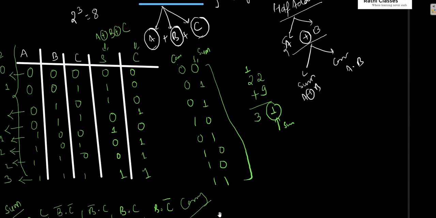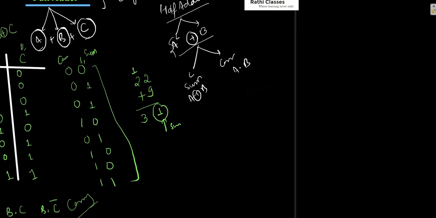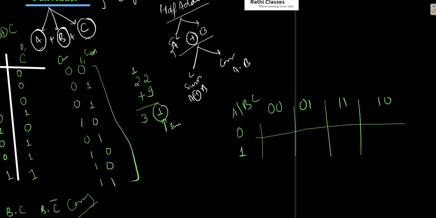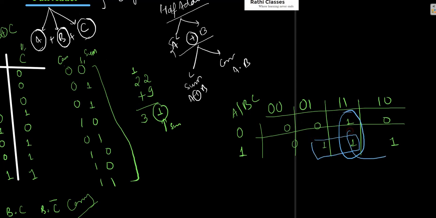Now what about carry? Let me quickly solve using K-map again for carry. So the simplification would be something like this. A is 0 1, B is 00, 01, 11 and 10. So if I see the output for carry, my output is something like this: 0 0 1 0 and all ones. As I can see, the combination number of blocks is 3. First case let it be this, second case is this, and say this is my third case. So this is case 1, this is case 2 and this is case 3.